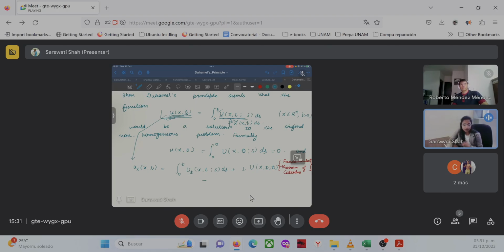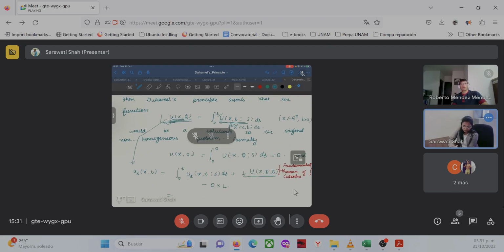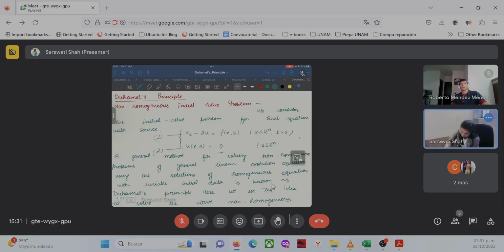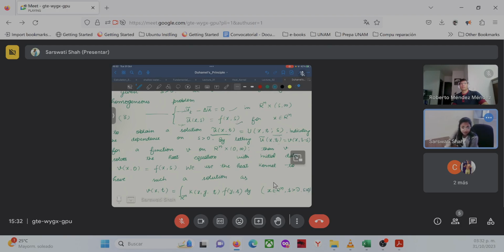What will be the derivative of the lower limit? It is 0, so that term is 0, and whatever else comes doesn't matter really. And what is the value of this? What is the value of this? U tilde(x,t) is going to be u tilde(x,t;s). This, isn't it? When we are replacing s by t,